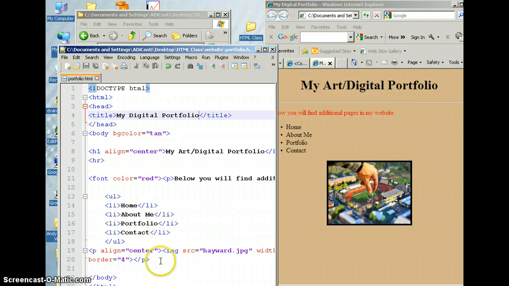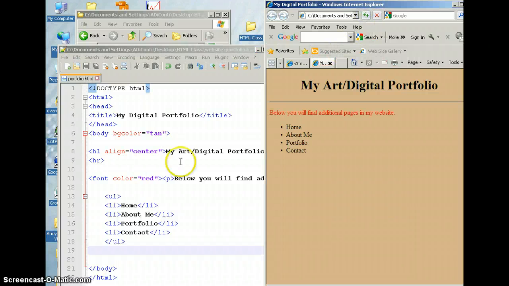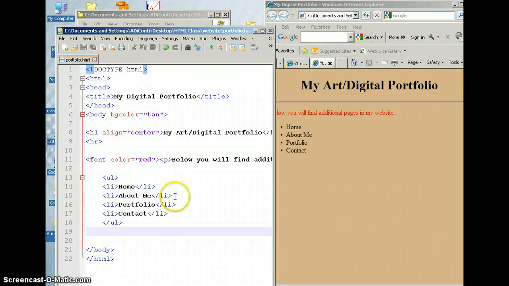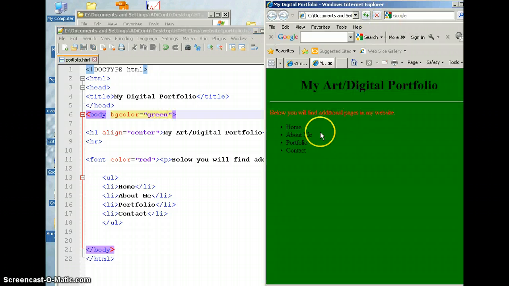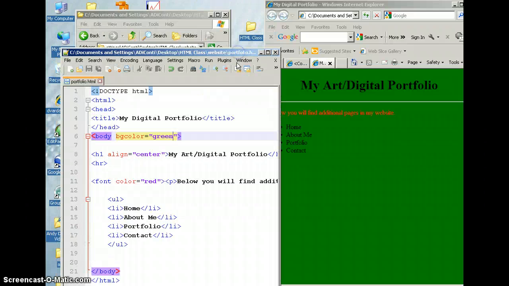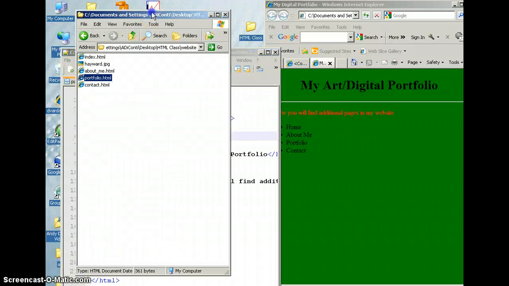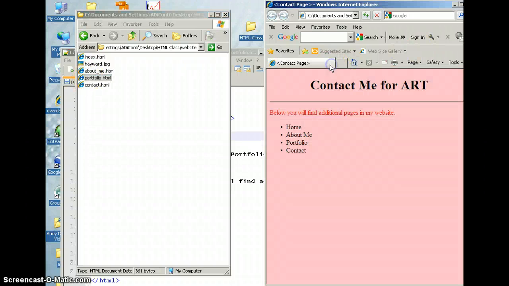I was just confused by the picture, so I'll just get rid of the picture, save it, and then I will color the background different from what it already is. Okay, and green. Now, I prefer that you get lighter colors. We don't want to overpower, but since I'm pressed for time, I'm just going to keep it like that. I'm going to go ahead and do the last one. So I'm going to close these two